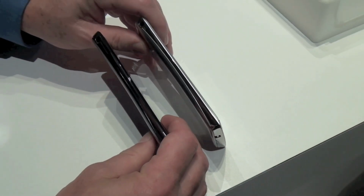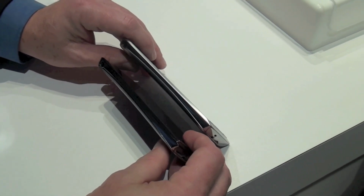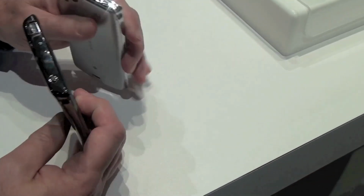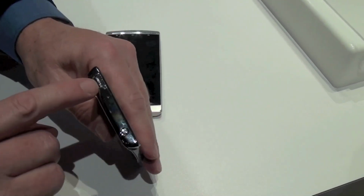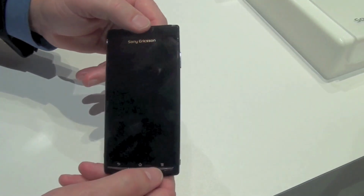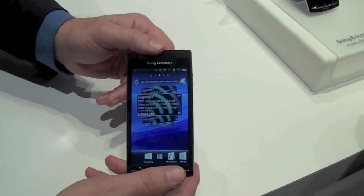Beautiful design here. 8.7 millimeters thin at its thinnest point, which is actually a few millimeters thinner than the iPhone 4. Looking at the hardware again, you've got an HDMI connection on the top, USB on this side, and a 3.5 millimeter jack on the other side. We call this the ultimate multimedia smartphone, powered by the latest version of the Android platform, so it's a Gingerbread